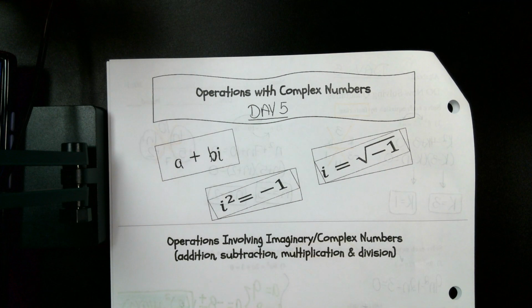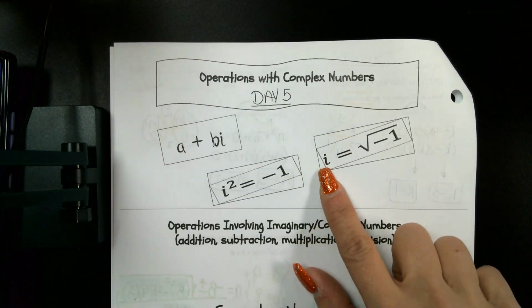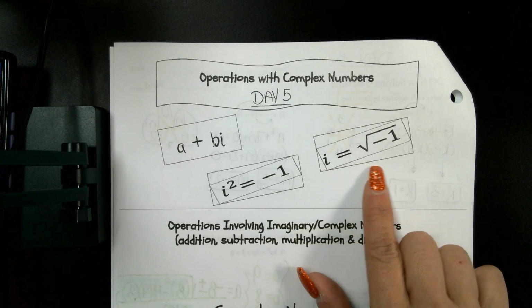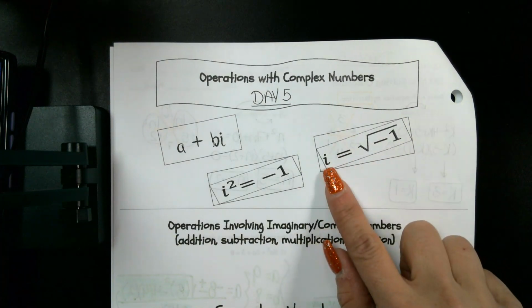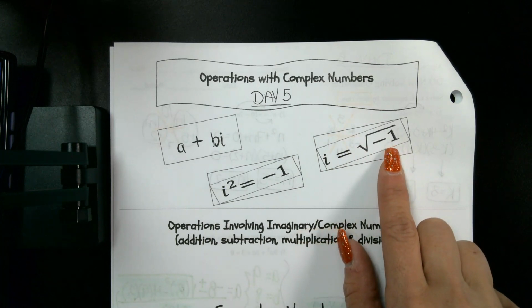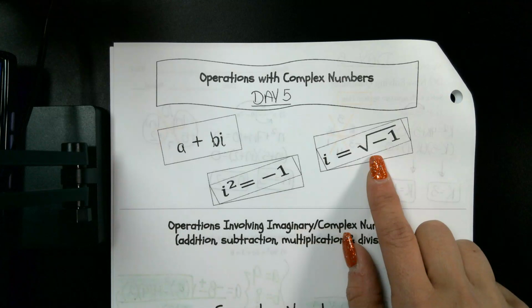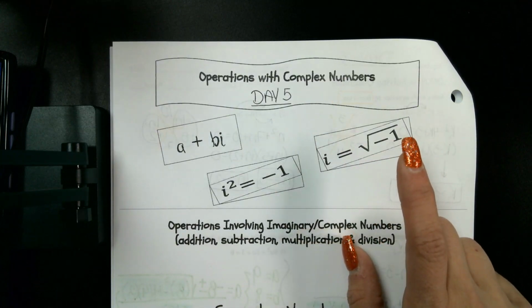So I just introduced to you on Thursday the imaginary number i. Remember, in case you don't remember, the letter i represents the square root of -1. So that's how we get rid of negatives under the radicals. And then you guys should know that anytime you take the square root of a number,